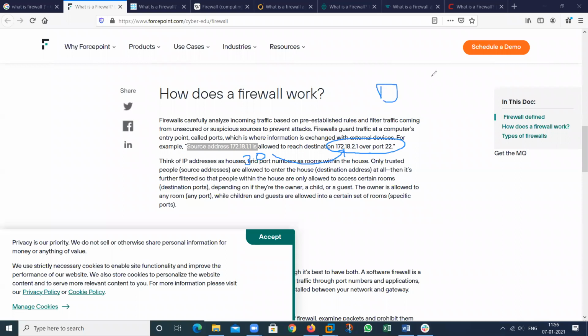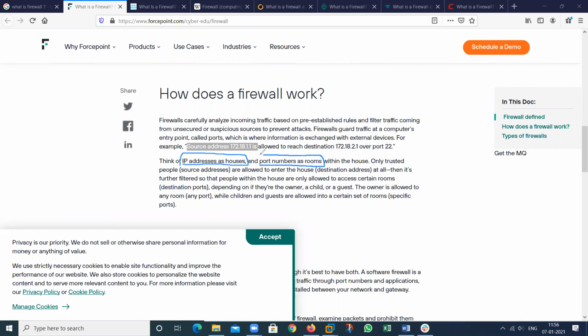So suppose we have a service, this is my server. All these are my clients belonging to that particular subnet. Then these will be allowed. It means these can access this particular service. So we can also add the network. Think of the IP address as a house and the port number as a room.